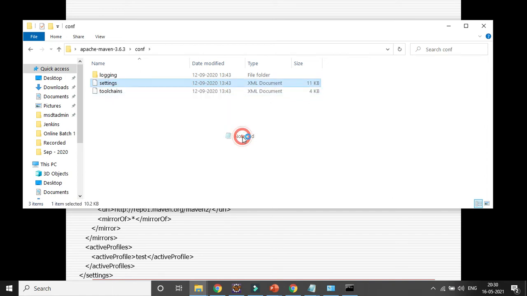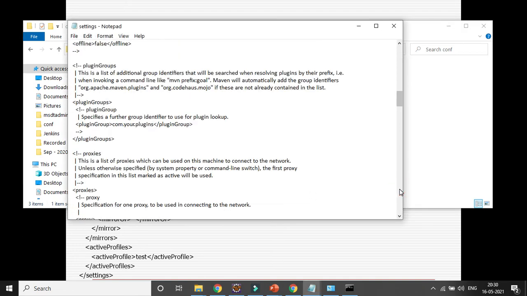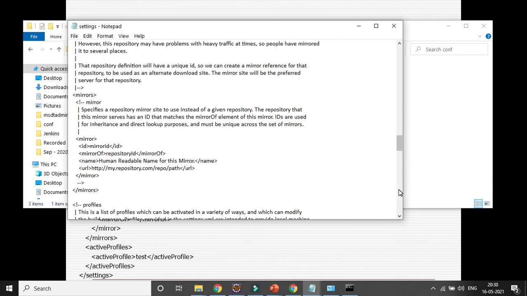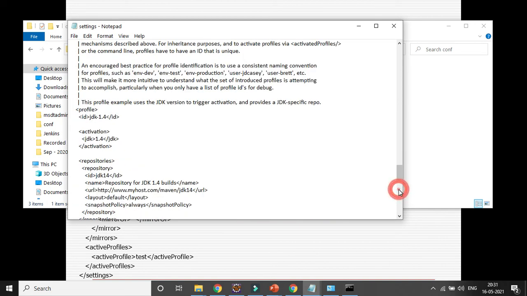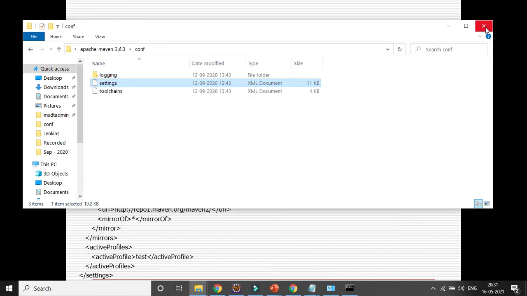Notepad, you can see some profile setting is there. So this is the default setting. You can change the default setting as well, right? You can have the profiles as well. Yeah, some sort of profile is there, activation profile, all this stuff is there. If you want to change it, you can, but it is not recommended to change anything. These are some important settings and this is where they will be available.